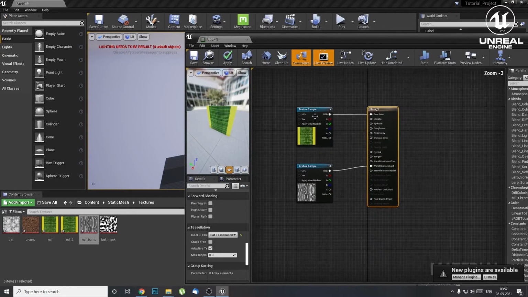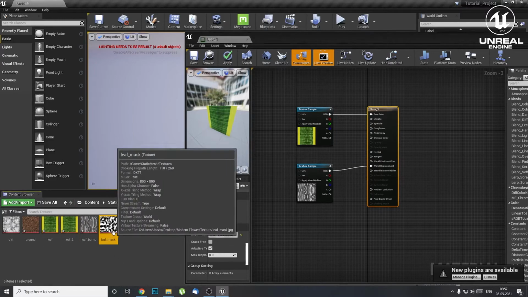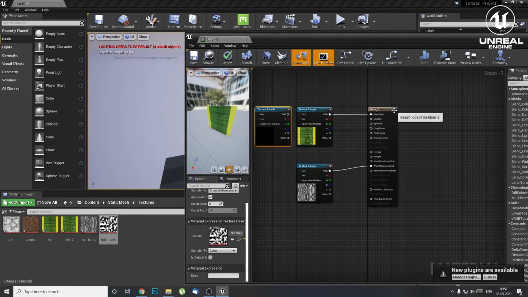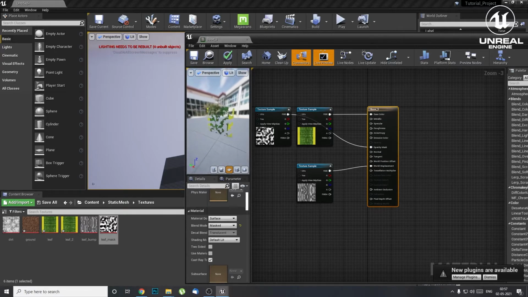Now we are having two kinds of textures. This is 1 and this is 2. We are also having a mask, that's an opacity mask. So for opacity, just click on this part, and from opaque, click on masked. When you click on masked, just go to RGB and connect opacity to mask. It will create something like this.